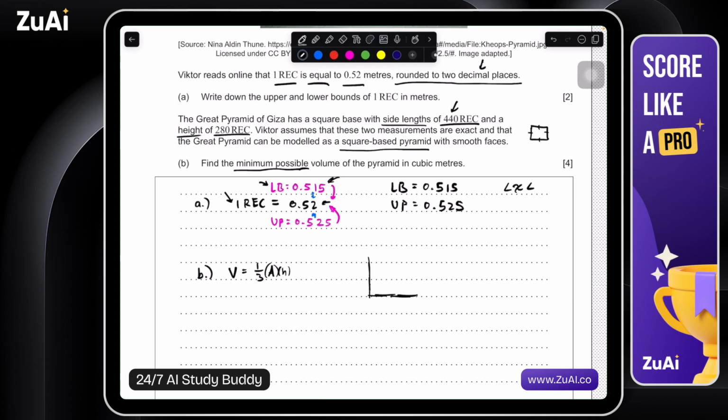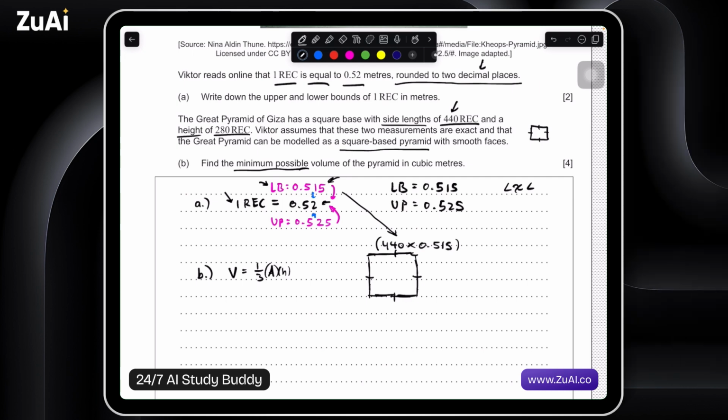Let's sketch it out. It's not a bad idea to sketch if we have a geometry question. So this is equal to 440. But we know that it's 440 times 0.515, because this is the absolute minimum. So this is going to be one side length. Let's find the area of the base. 440 times 0.515 is equal to